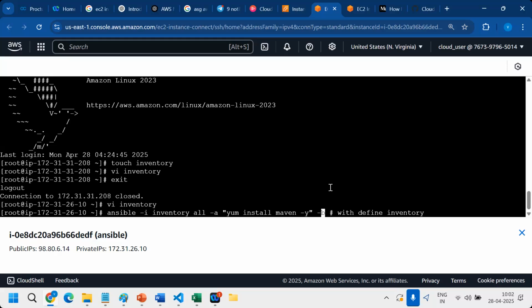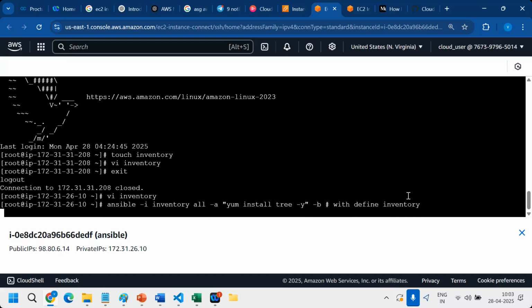Now this inventory should be there where you are going to run the command. So I'm going to execute the command through root, right? The inventory is also there inside, right? So it will work. Okay. I'm going to take now a simple tree command. By default, tree is not installed on any server. We need to install it. Now, if I execute this,